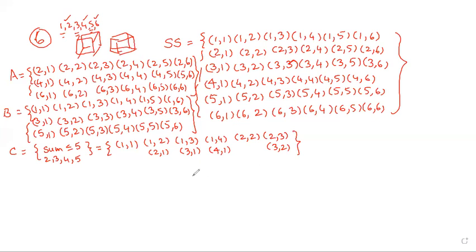Let's see. First you have to check. (1,1) correct. (1,2) correct. (1,3) correct. (1,4) correct. Right. (1,2) means (2,1). (1,3) means reverse (3,1). (1,4) means reverse (4,1). Next (2,2) is the 4. (2,3) is the 5, (3,2). Right. These are the C events.